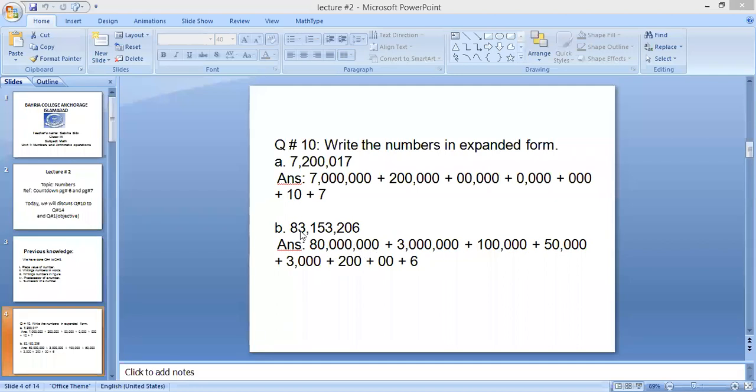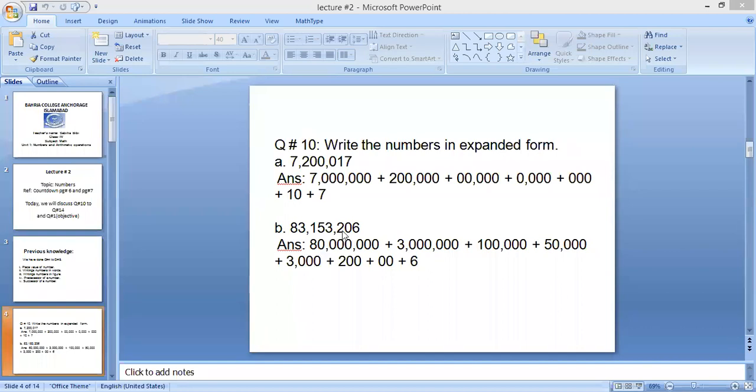Then you will write the place value of 3. You can check how many digits you have. You have 6 digits, so you will put 6 zeros here. For writing the place value of 1, you will check how many digits to the right side. You have 5 digits, so you will put 5 zeros here. Then you can check you have 5. Then you can check you have 4 digits to the right side of 5. You will put 4 zeros here. Then the place value of 3. You have 3 digits, so you will put 3 zeros here.